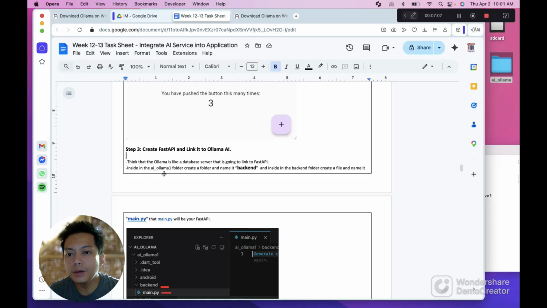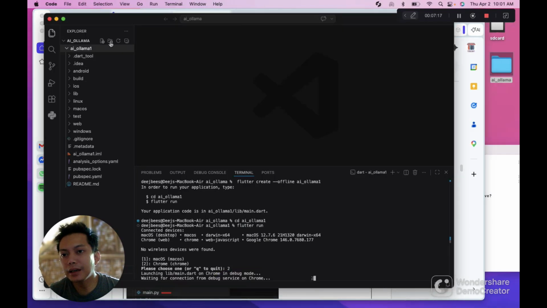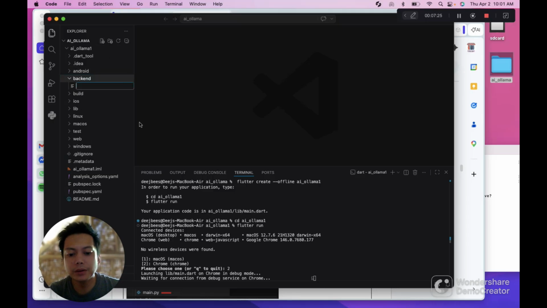So inside the Ollama 1 folder, create a folder named backend, then main.py. So here we're going to create backend. So this is now our backend folder. Then inside the backend folder, we're going to create main.py.